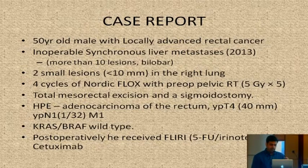And the patient had 2 small lesions in the right lung. He underwent neoadjuvant chemoradiotherapy and total mesorectal excision and sigmoidostomy. Biopsy came as adenocarcinoma of the rectum, T4N1M1. He was KRAS wild type, so he received cetuximab along with the